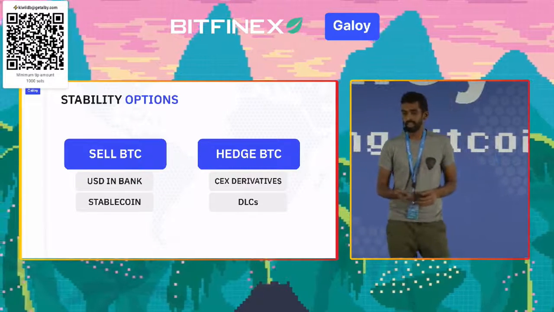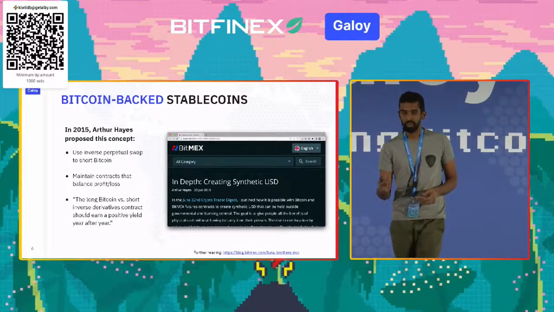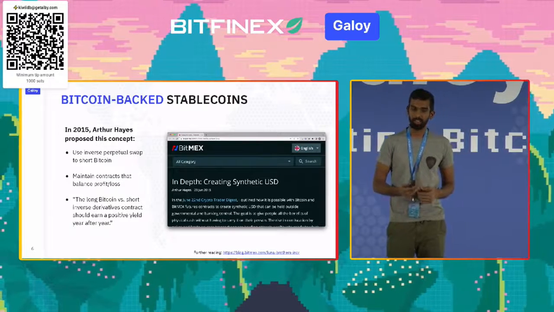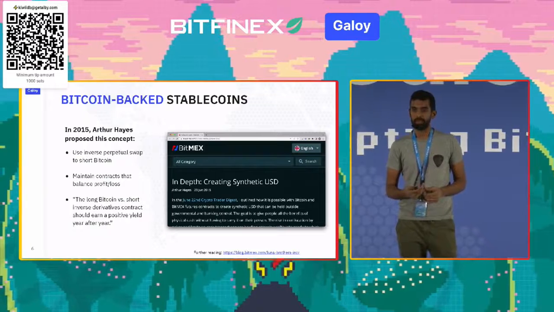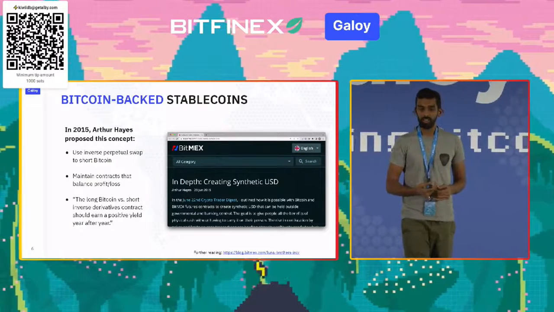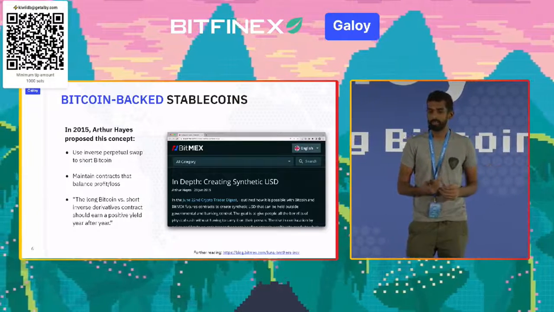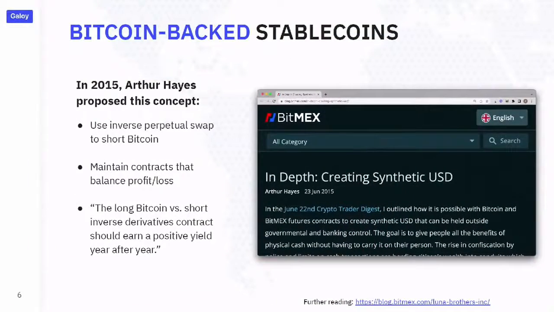So looking at these options, evaluating it, we came across this article as well. It's an article by Arthur Hayes all the way back in 2015, talking about the inverse perpetual swap, which is an instrument that lets you take a short position on Bitcoin. So if you have Bitcoin, you're long Bitcoin, and you take this short position on an exchange, the net